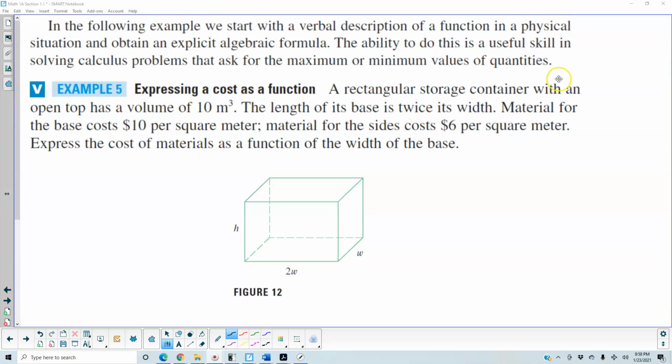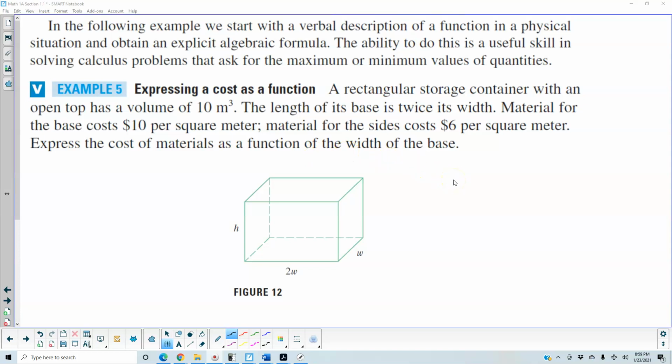A rectangular storage container with an open top has a volume of 10 cubic meters. The length of its base is twice its width. Material for the base costs $10 per square meter. The material for the sides costs $6 per square meter. What we want to do is express the cost of materials as a function of the width